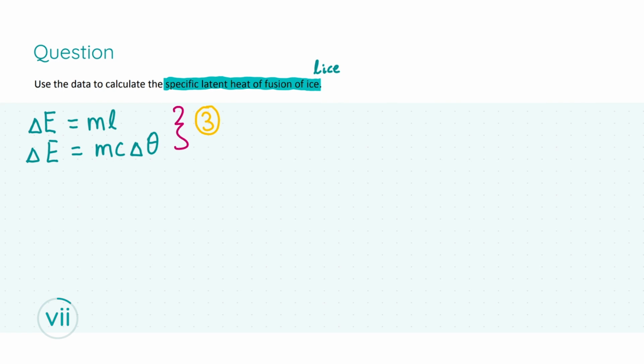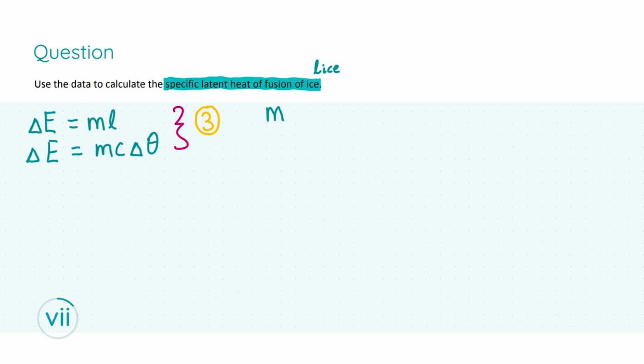Okay, so in using these formulas, we're going to have to calculate all of the masses of the substances in question, as well as their temperature changes. So what masses are we looking for? We're looking for the mass of the ice that we're putting in. We're going to look for the mass of the water, and we're going to look for the mass of the